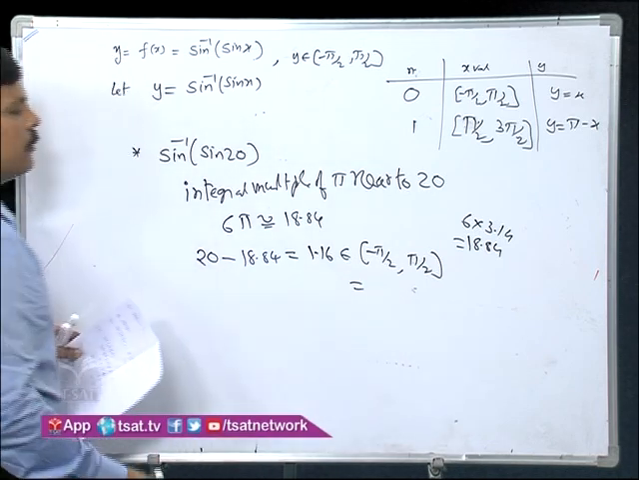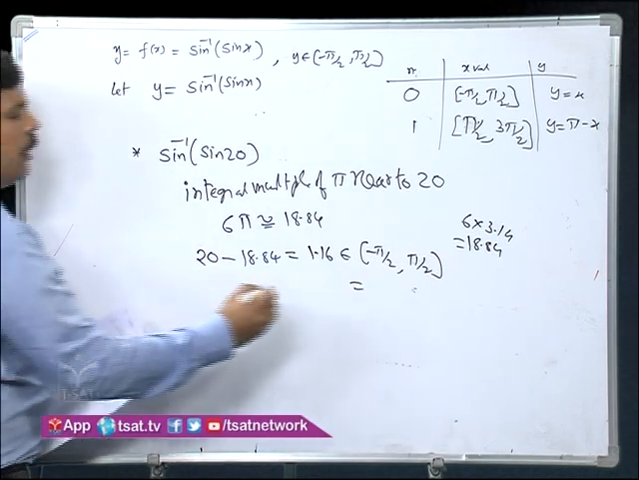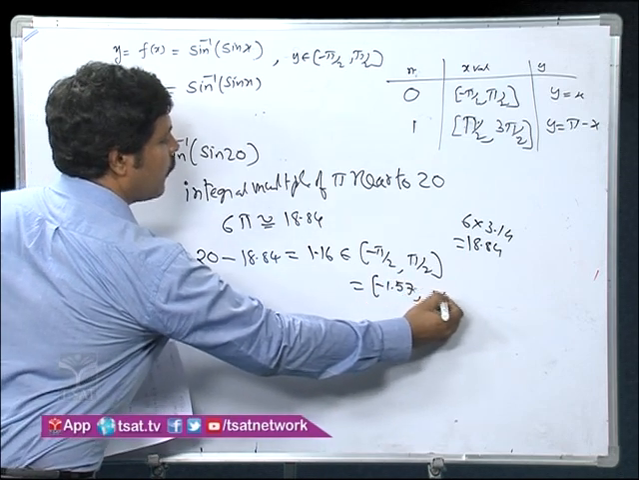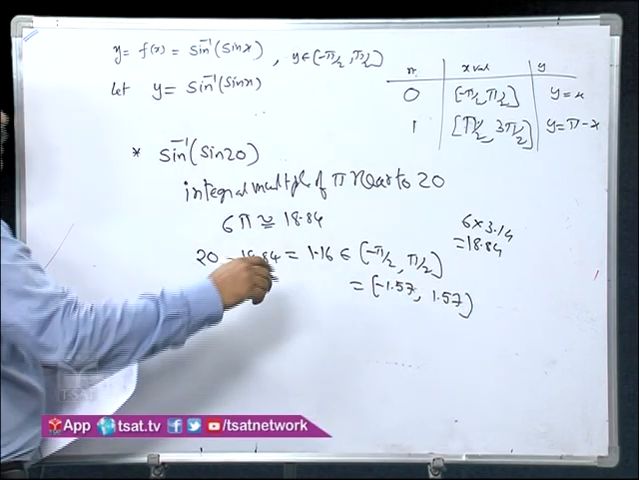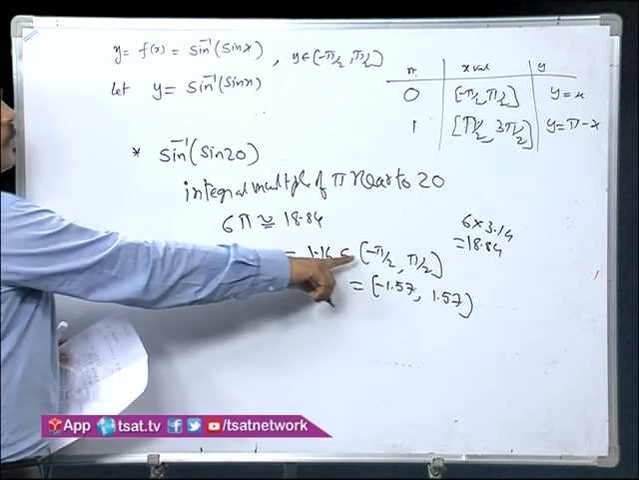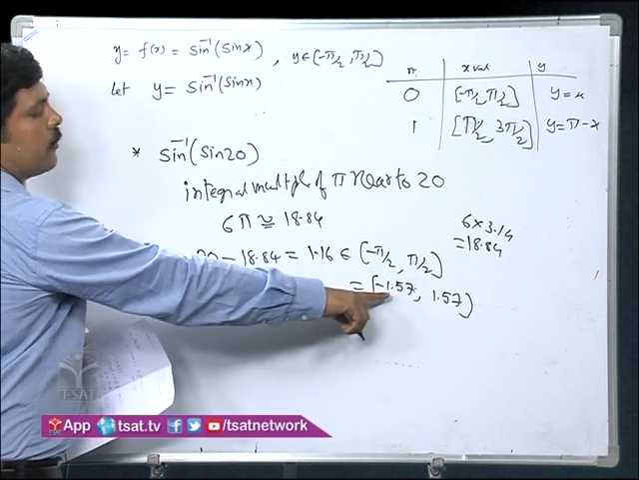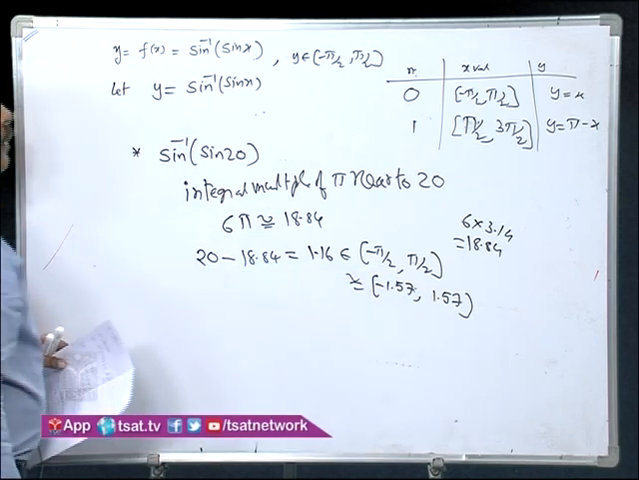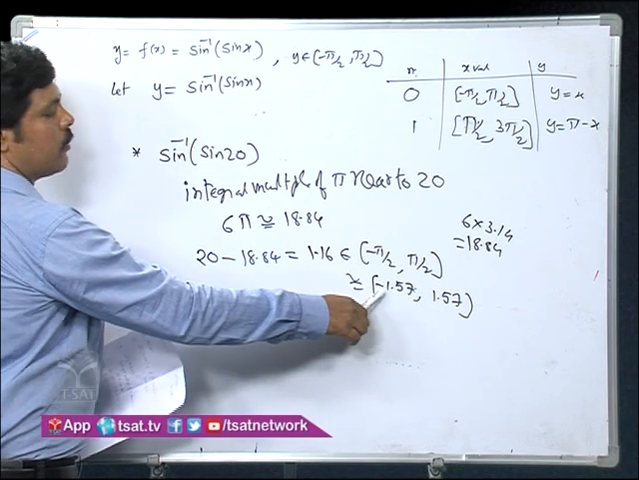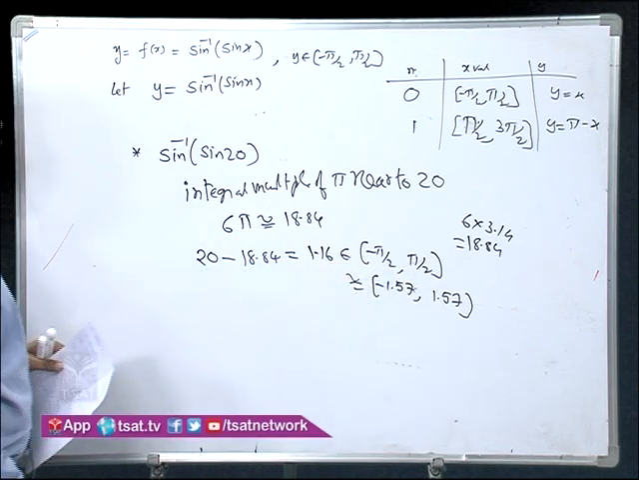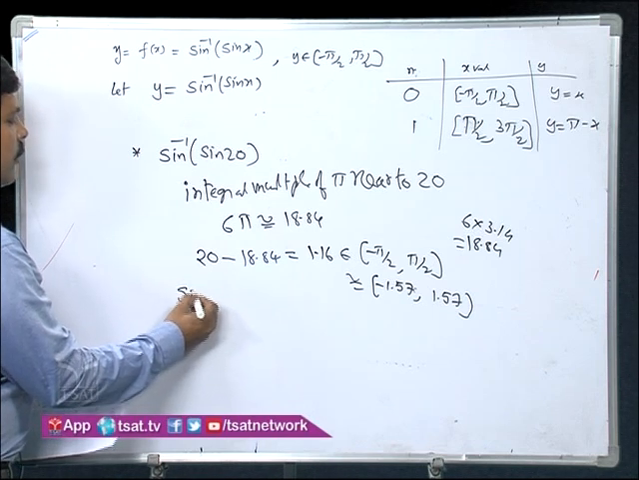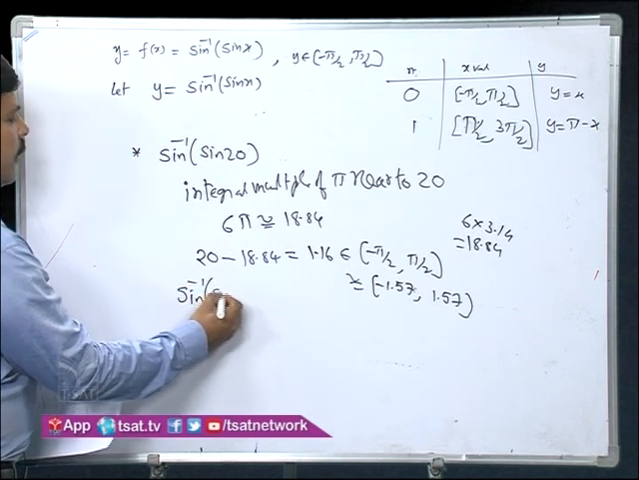This 1.16 belongs to minus pi by 2 to pi by 2, which means minus 1.57 to 1.57 approximately. Please remember this interval. Therefore 1.16 belongs to the principal interval minus pi by 2 to pi by 2. So for sin inverse of sin 20,